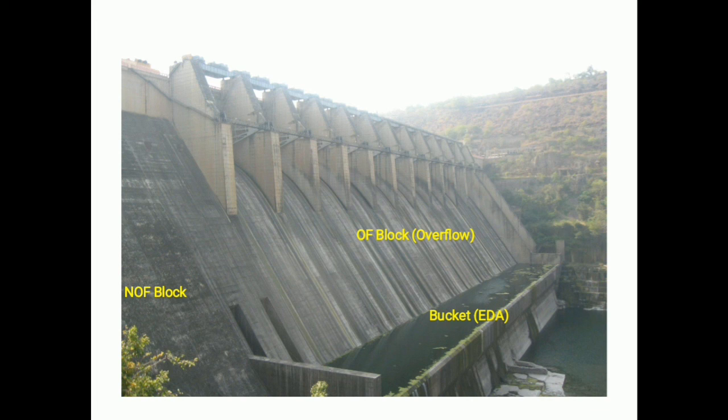And these are all piers and radial gates. In this you can see a number of piers, and each pier is fixed with some radial gate arrangements or trunnion beams, etc. And on the sides we will have abutments, and based on the abutments also we will go for different types of dams.